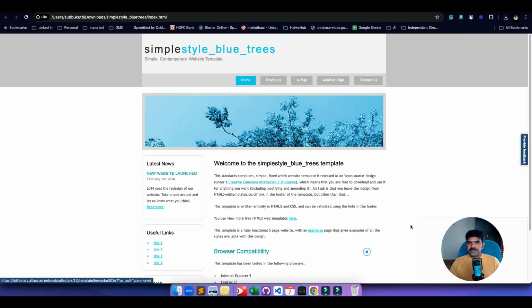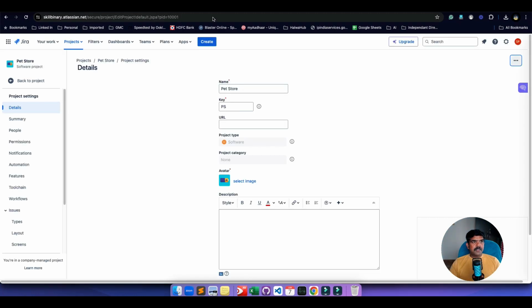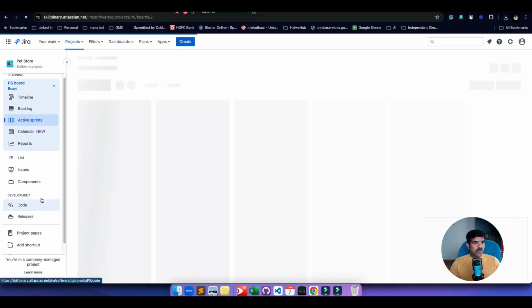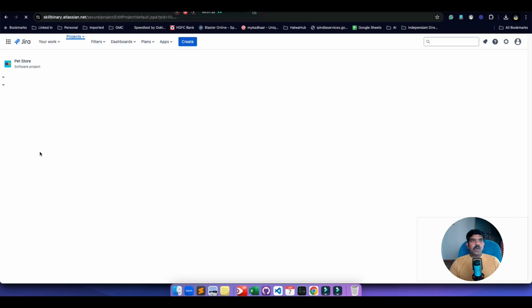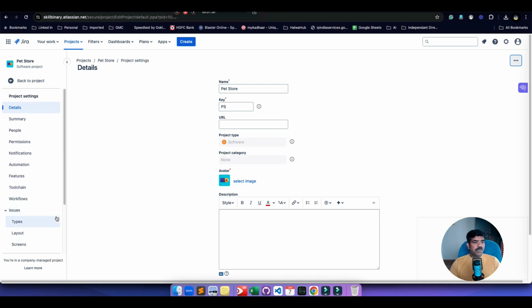Let us start. Okay, so now let's go back to our favorite Jira instance called skill binary Jira. Now I'm going to take you to the project settings. Go to pet store or whatever project you have in your test area, and go to the project settings. You'll be looking at a lot of schemes, workflows, and fields. Along with that, you will also see something called issue collector. Okay, click on that,